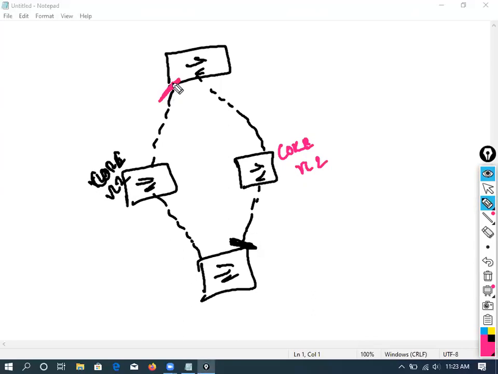Is it clear? Now imagine for both the VLANs, if I configure this as the core switch, now this link is blocked. So this link will be unusable at all for VLAN 1 traffic as well as VLAN 2 traffic. But in my case, VLAN 2 will be able to use this link, and VLAN 1 will be able to use this link. Now it's load balancing. We are using both the paths. A few packets are transmitting here and a few packets are transmitting here as well. Is it clear? This is a little load balancing, not a perfect one, but basic load balancing will happen.